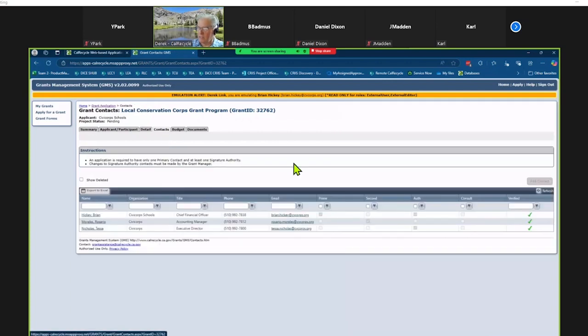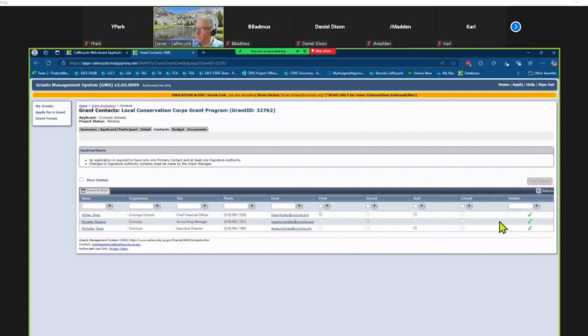Okay, your contacts. Again, these are rolled forward from RLC39. So if nobody's changed, then they're probably still correct, but you want to make sure that they are. So you want to identify who your primary contact is, who the secondary contacts are, one or more, your authorized signatories should be marked in here, and those are the people that are either authorized by resolution or by letter